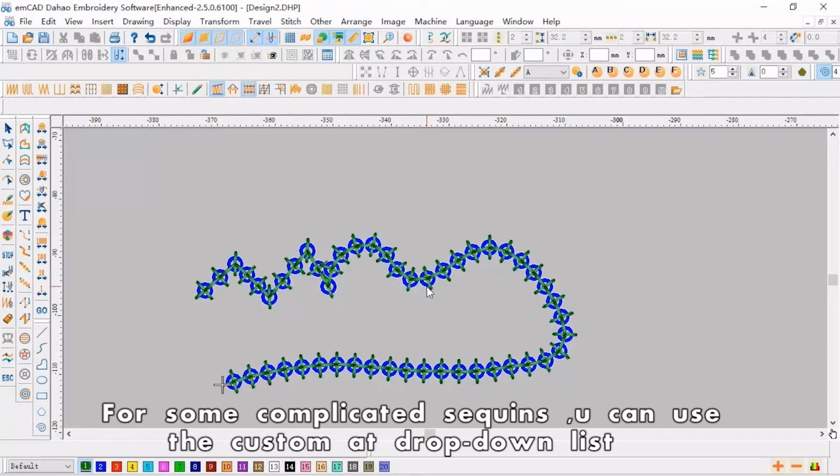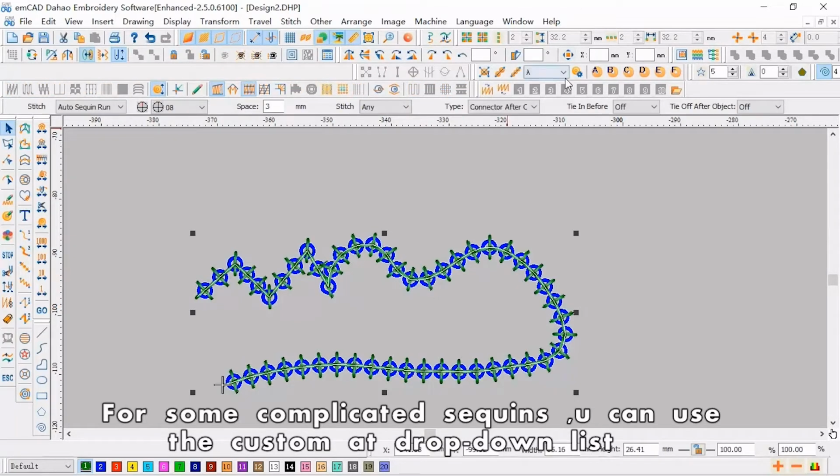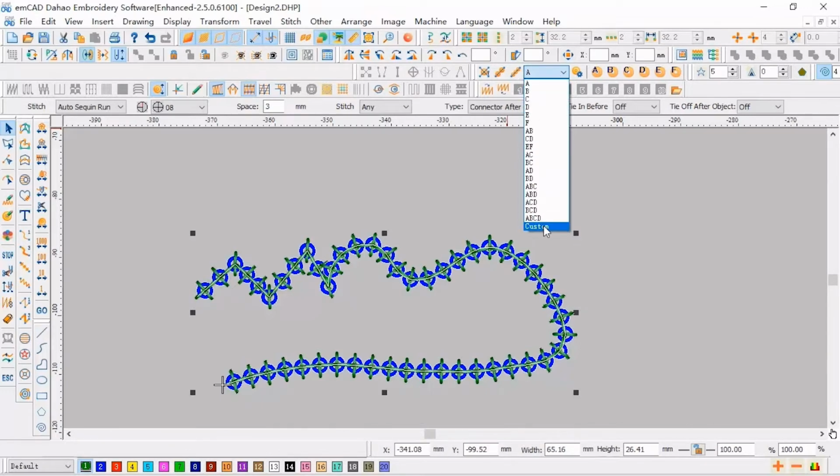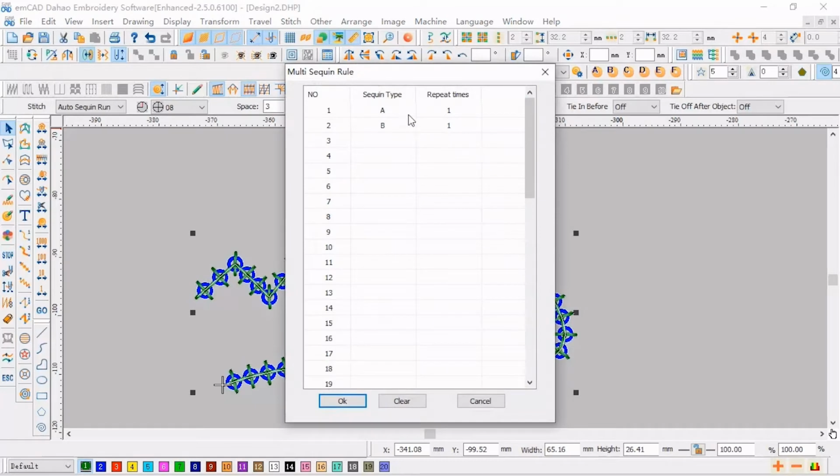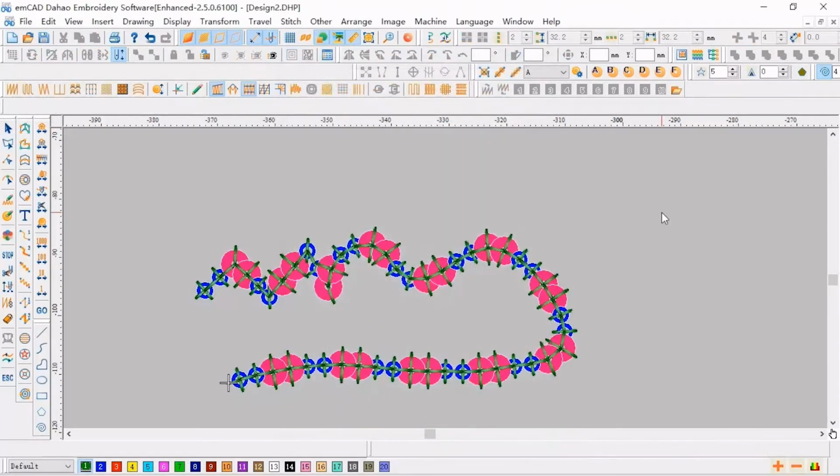For some very complex sequence, we can use these custom settings. Custom. We click it. And here is how we can set the multi-sequin rules. We can set the sequin type and the repeat times, and the effect like this. And according to the user's settings,